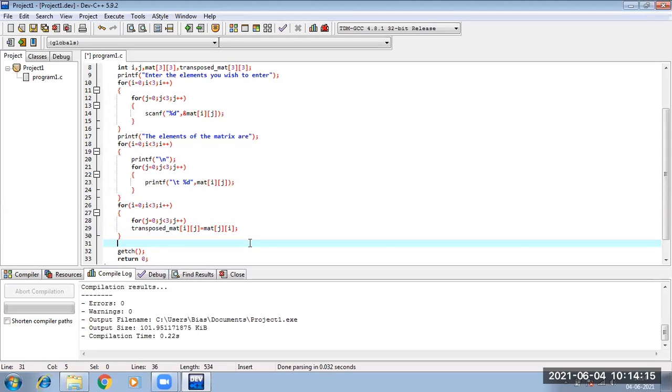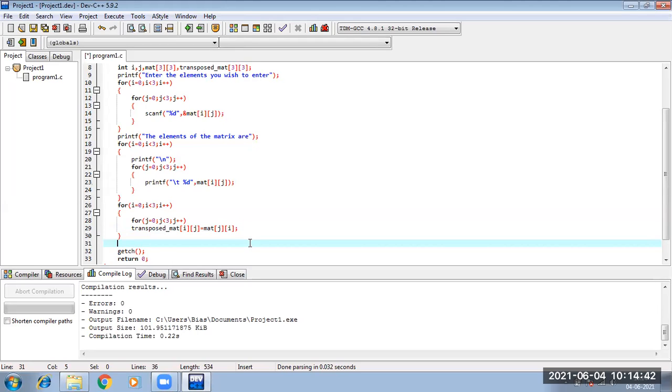The transposed matrix, if you want to print it using the IJ concept, will be just the opposite of the matrix. And how will I be able to make the opposite of my matrix? The loops will be the same. The positions of I and J need to be interchanged in order to make it the opposite of this matrix.